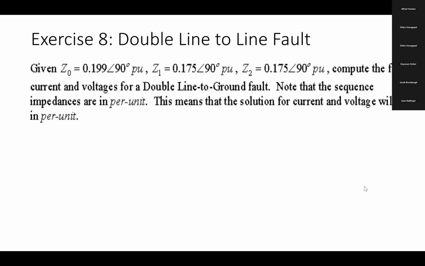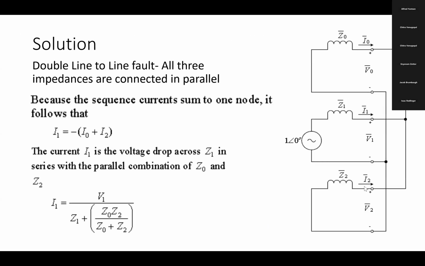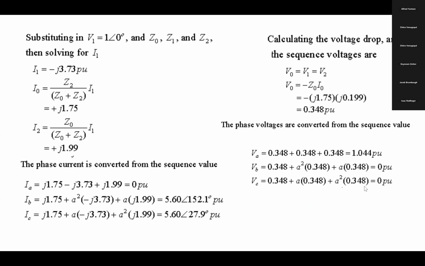Okay, making sense? So this is the double line to ground fault. Connect all of them in parallel, then calculate all the voltages. Okay,